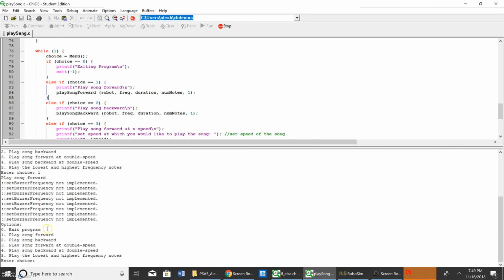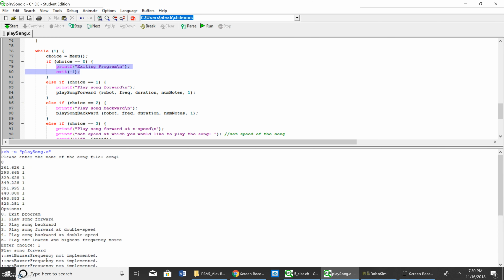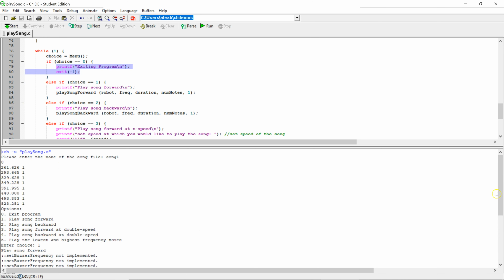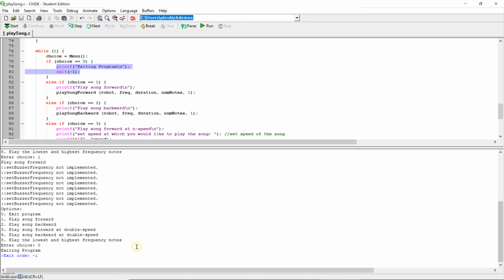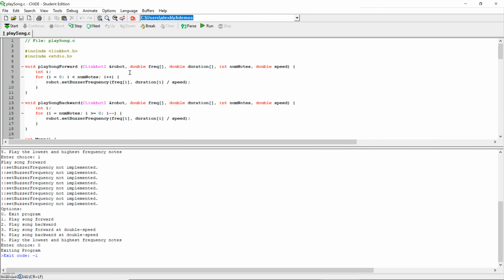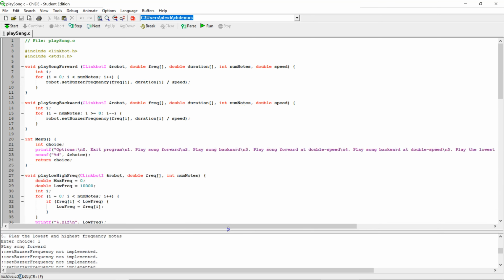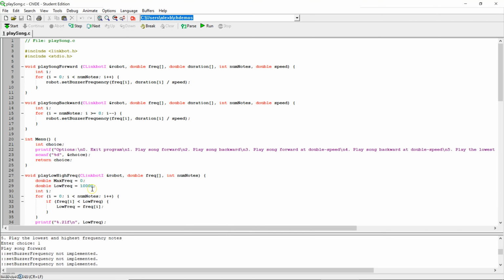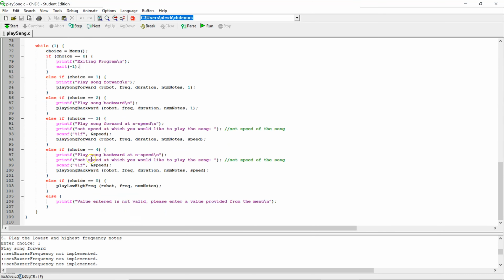And then since I have it in a while 1 loop, which is always true, it'll prompt me over and over again until I finally enter a 0, which is at the top right here, which will exit the program forcefully. If you scroll down to the bottom, it gave you an exit code of -1 instead of a 0, showing that I exited using my line of exit -1 instead of falling out of the loop or